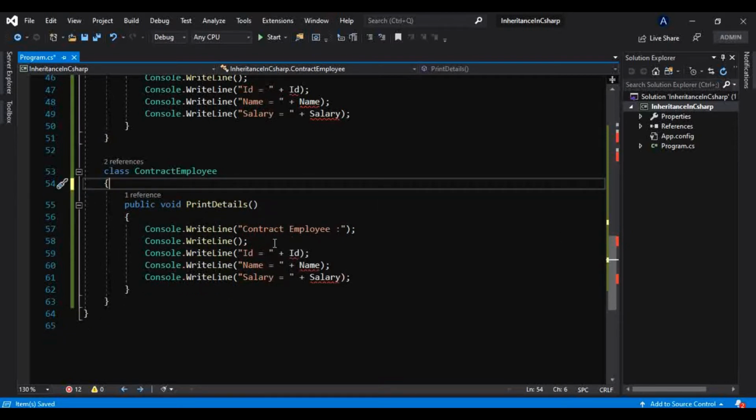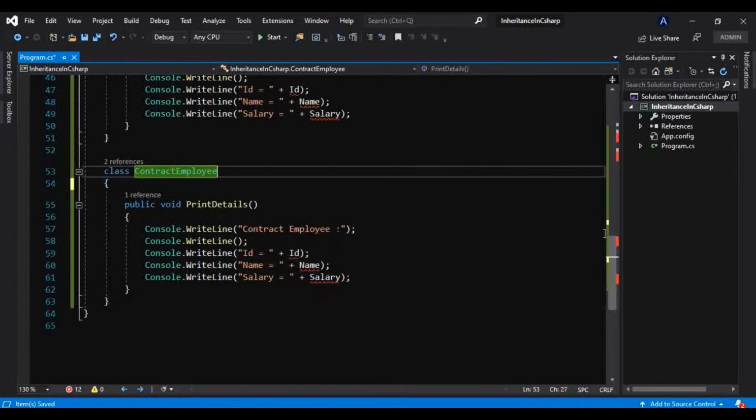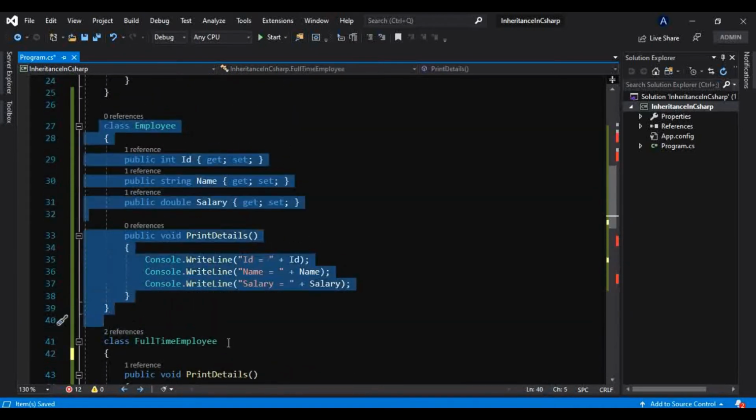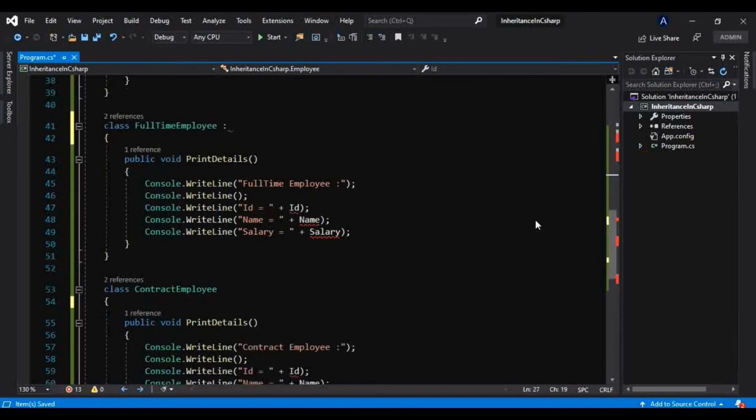Okay, now there is an error. Okay, why? What it says, the name ID does not exist in the current context. Okay, because we have moved that code into this class. So now if I make these classes inherit this class, as soon as I do that, this error will be gone. Okay, and how do we inherit a base class?